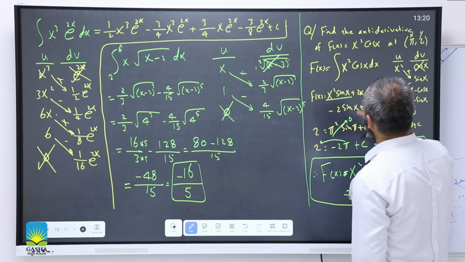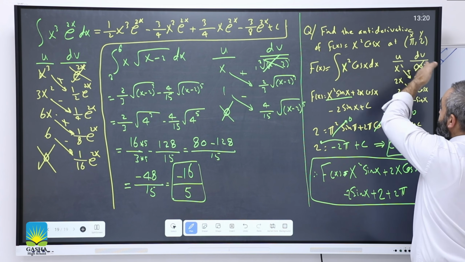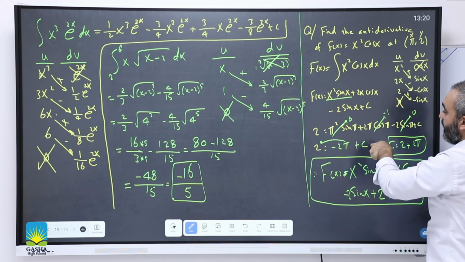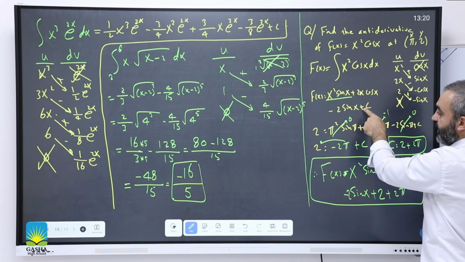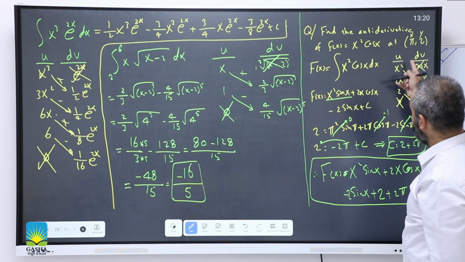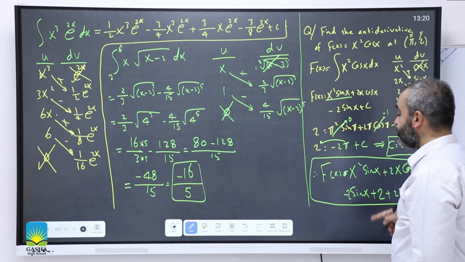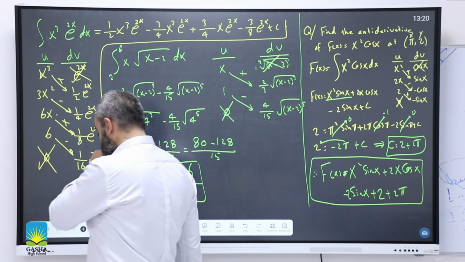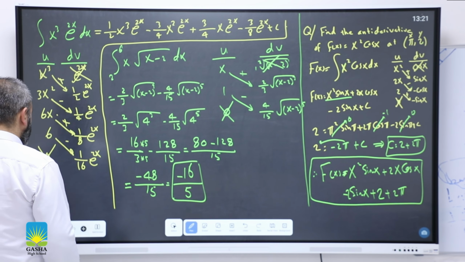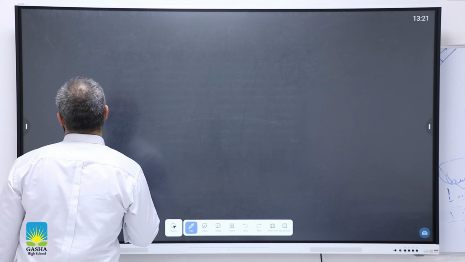First, we find the indefinite integral about this function. We use the u dv method to find the integral, and after we add the c, we use the point to find c, and we replace the place of c. So this is the antiderivative. The final example, we have the second derivative here,